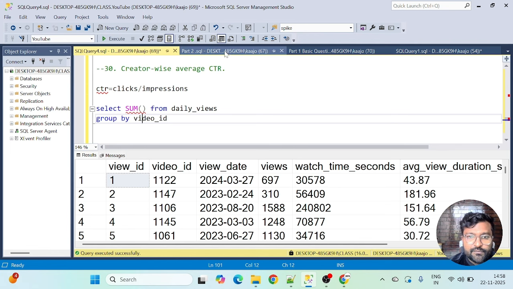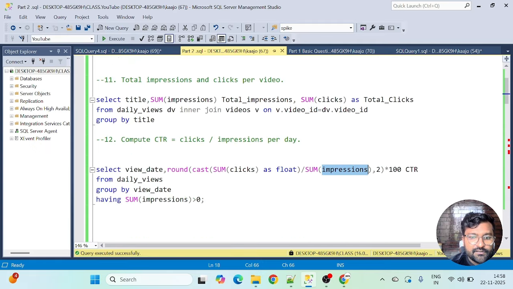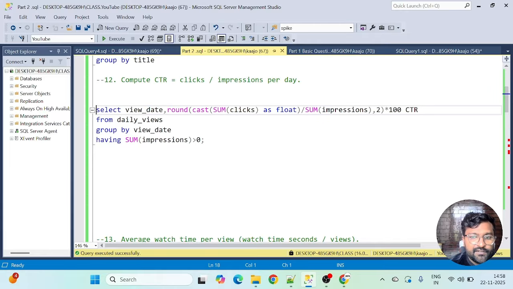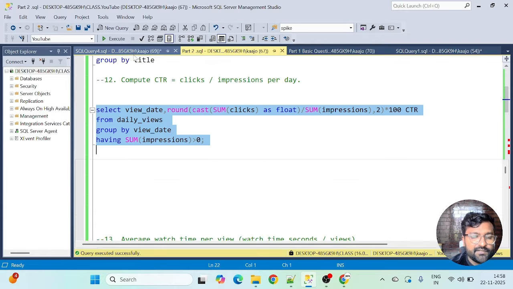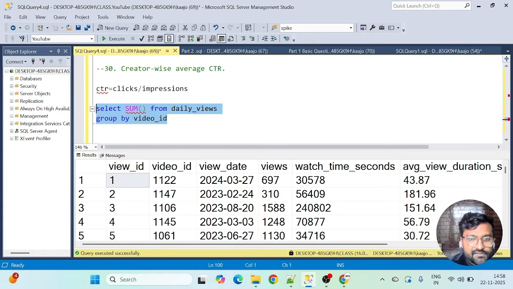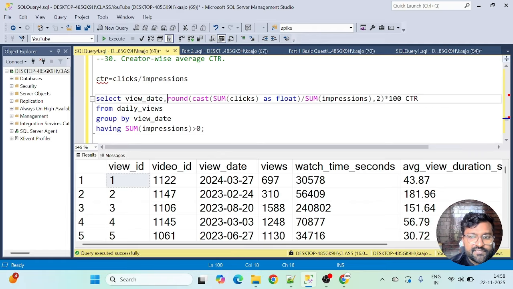We already wrote the query also. Let me copy that query and paste it just to save our time. So this will anyways give us the CTR, and we don't have to do group by view date now. We have to group by video ID here, because I want to see the CTR per video ID.